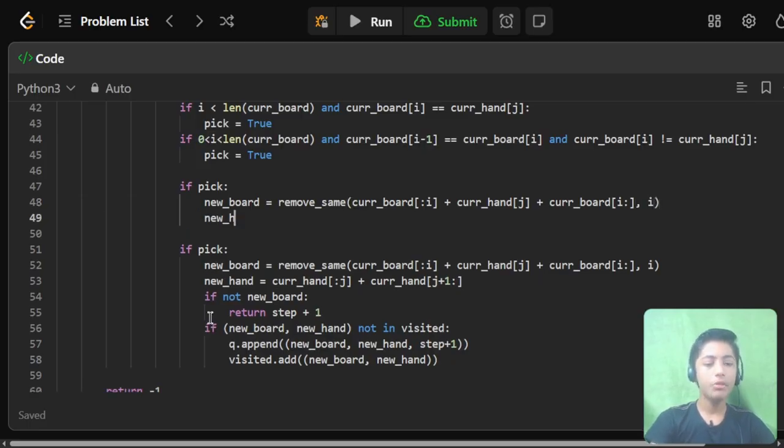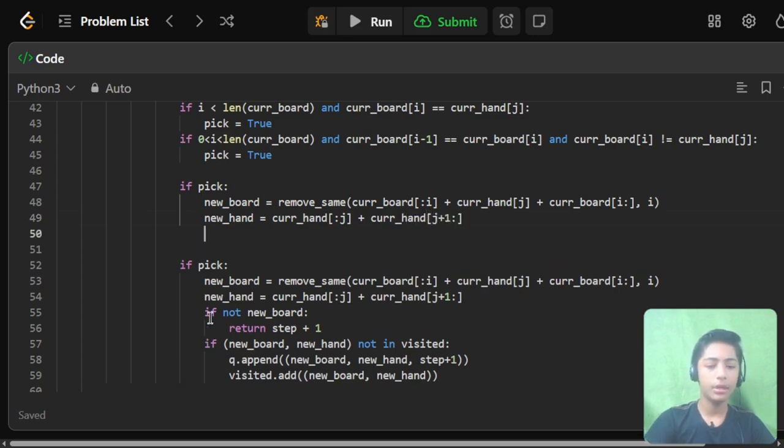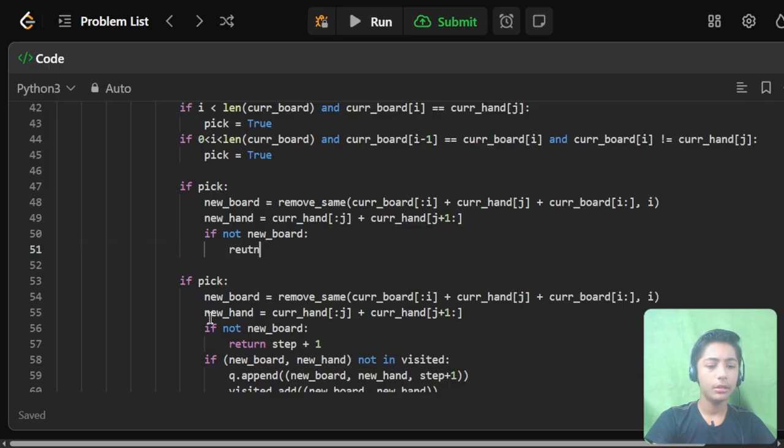New hand = curr hand[:j] + curr hand[j + 1:]. Then if not new board, return step + 1.